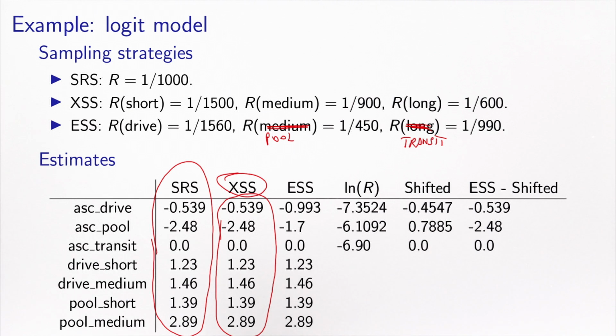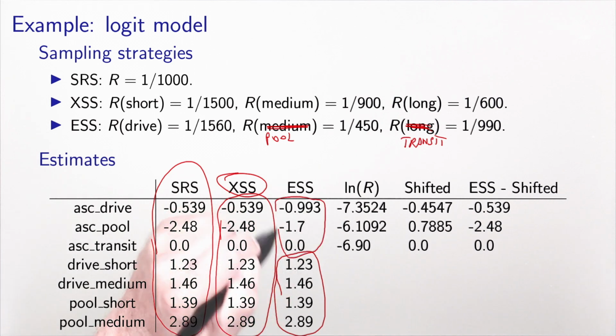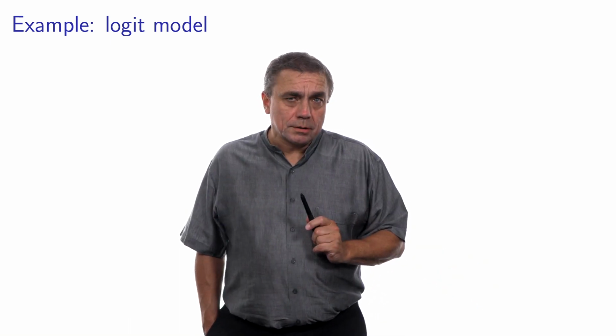Now let's look at the third strategy, the endogenous sampling strategy, which here is a pure choice-based sampling strategy. We observe that all the parameters except the constant are estimated correctly, but the constants are not. Again, if we use the simple random strategy results as a reference, we can see that we obtain something completely different. So what I will do now is to correct. As I mentioned in the previous slide, we just estimate the model without taking care of the sampling strategy. That's what we have done. But now here we have to correct the constants.